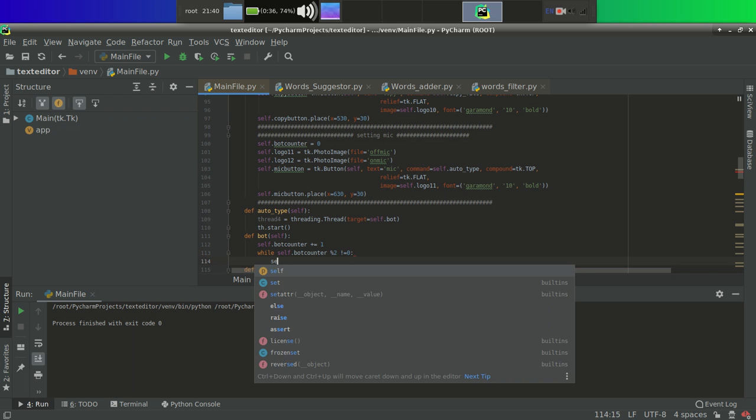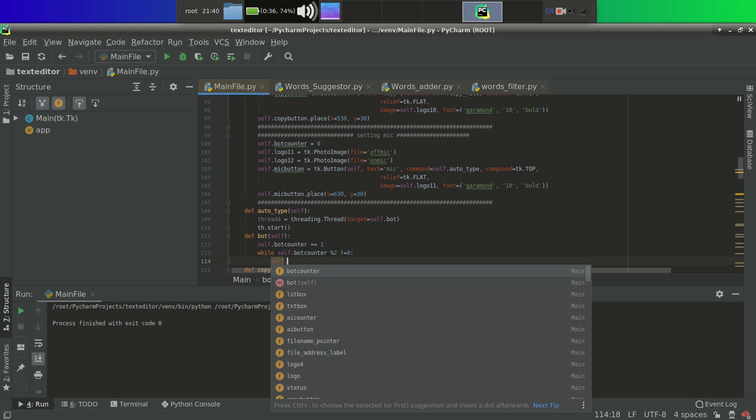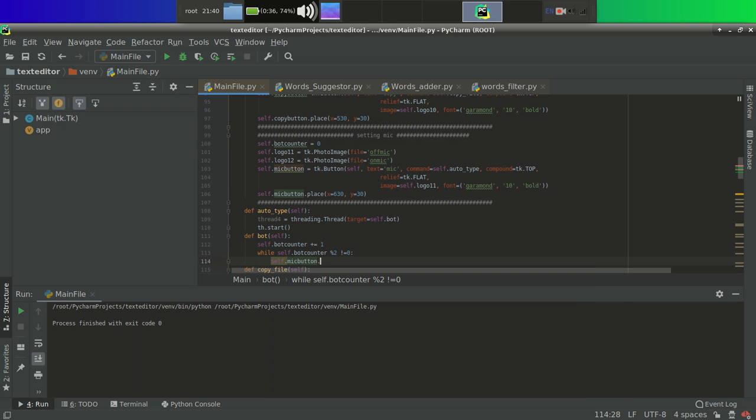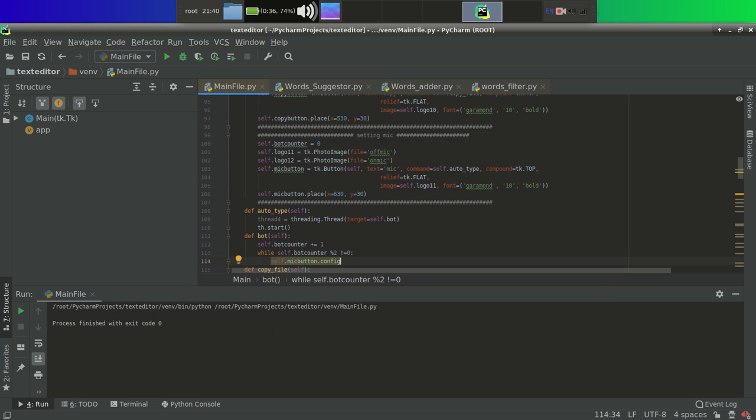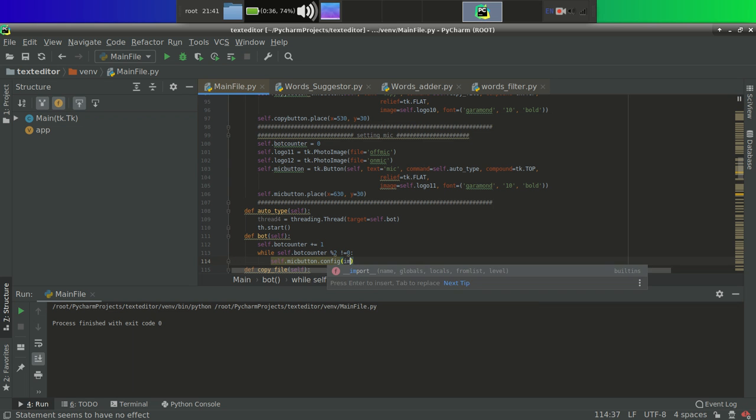Same thing, if it is running, then you have to change the image first. So let's do it. mic_button.config. You can see from here, for mic on we have logo 12 and for mic off we have logo 11. Since it is running, we have to put the other logo, that is logo 12.